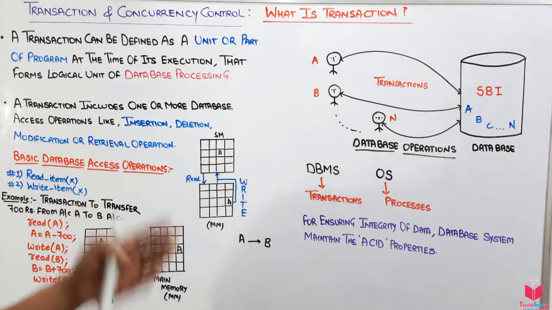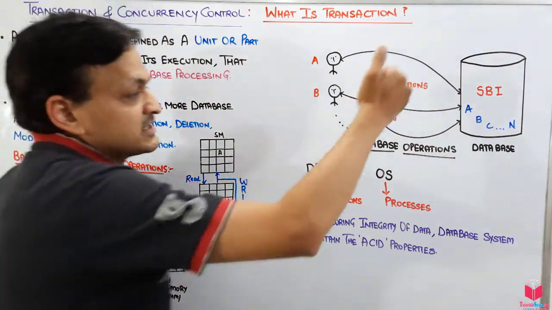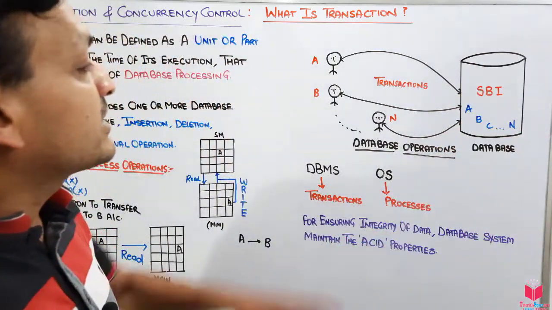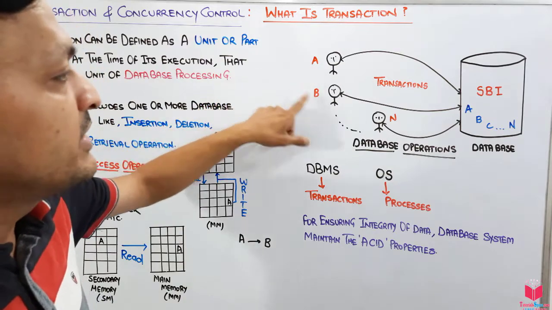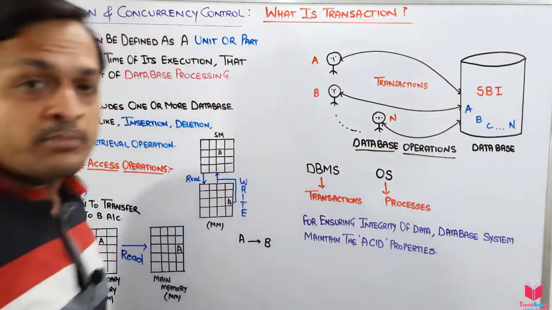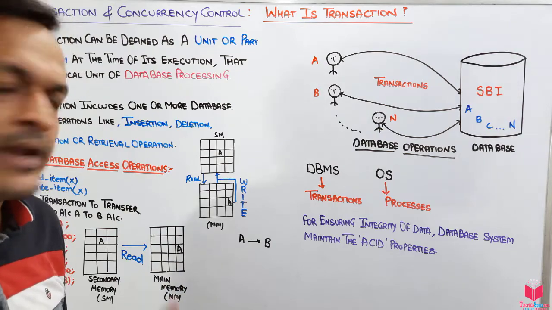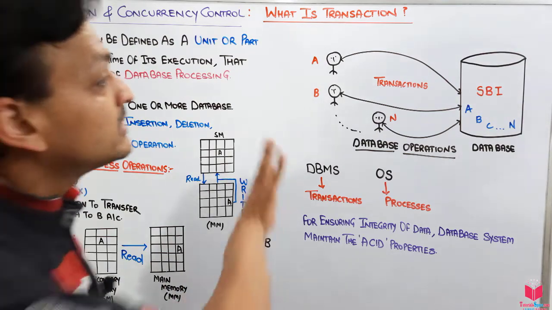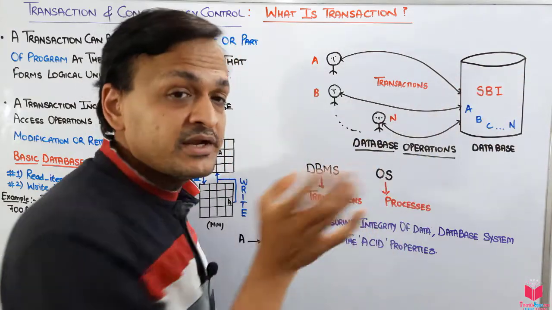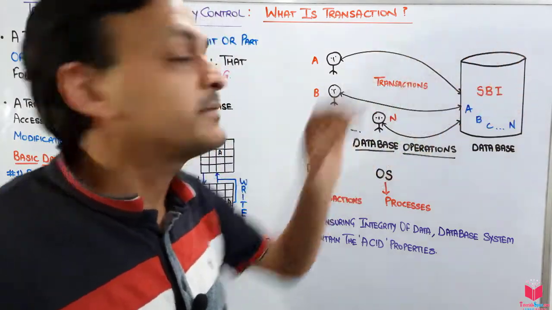then let's see a simple example. Here we have an SBI account or Bank of America, anything. It consists of a lot of bank accounts like A, B, C, so we have the customer accounts here. These are customers A, B, C up to N. They are performing many transactions simultaneously. Some are performing online, some by using a credit card, some by using a debit card, or many other options. So they are doing transactions on one bank's database. That means many users can access the database of a bank at the same point.